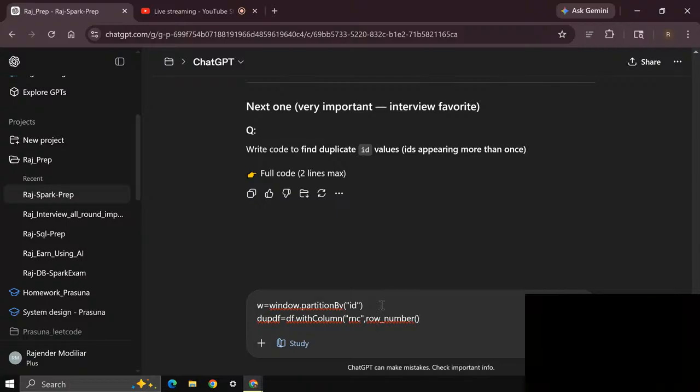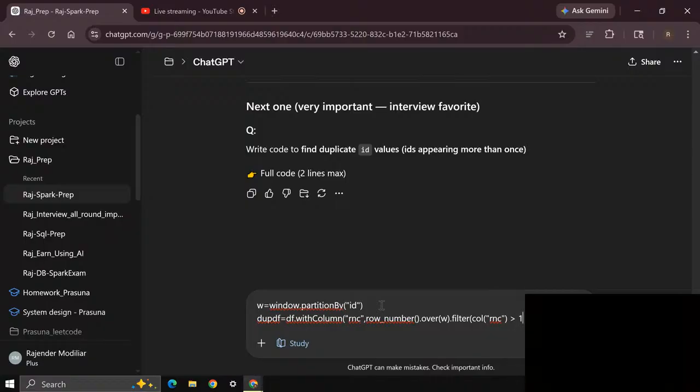Of course I'm not importing it. row_number dot over w, dot filter of column, which column, rnc. With column rnc is greater than 1. I need to filter those things.